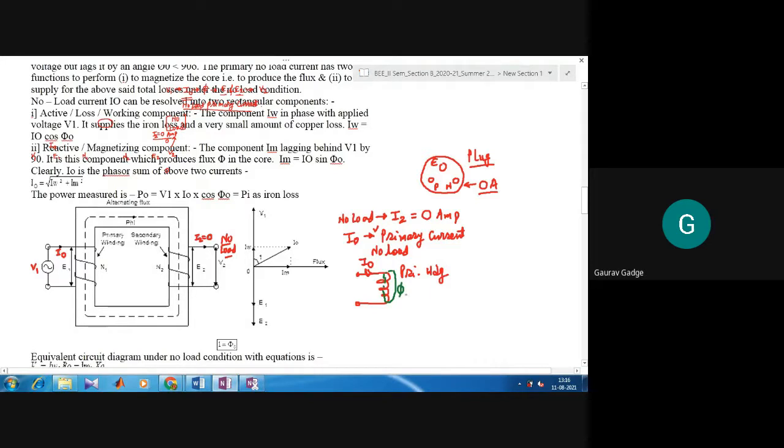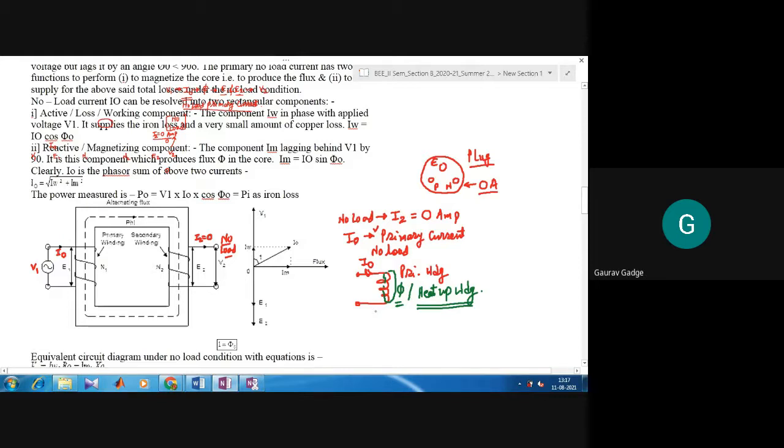Okay, it develops its own magnetic field. At the same time, the same current not only develops the magnetization but also heats up the winding. So magnetization is one part of that current, and heating of the winding is another part of the current. So if a single current is doing dual work, it is like a dual SIM in a mobile phone, right? One mobile, two SIMs, and therefore two numbers.